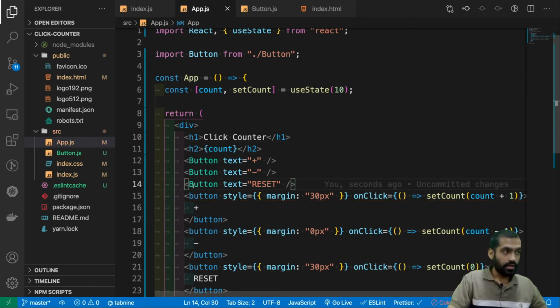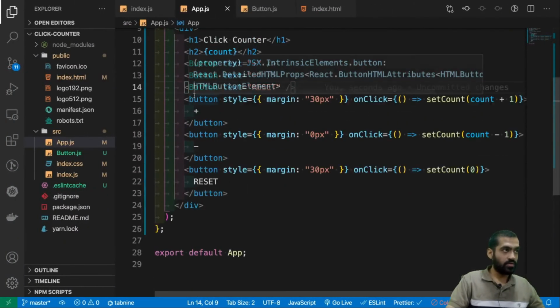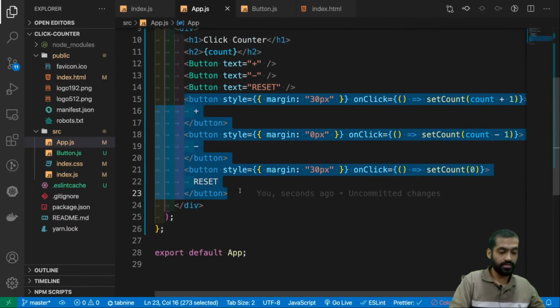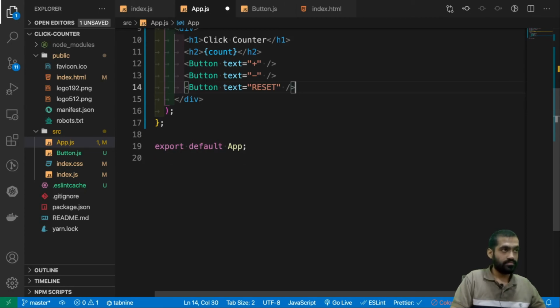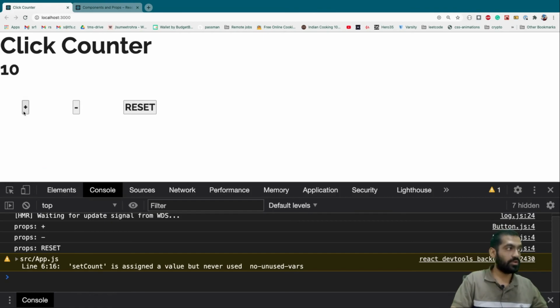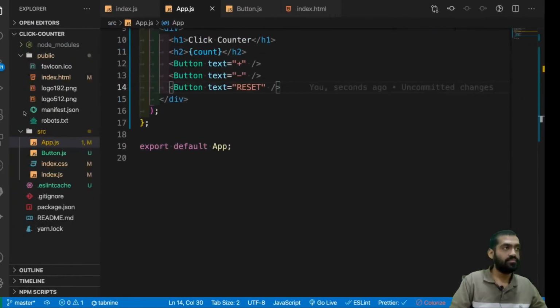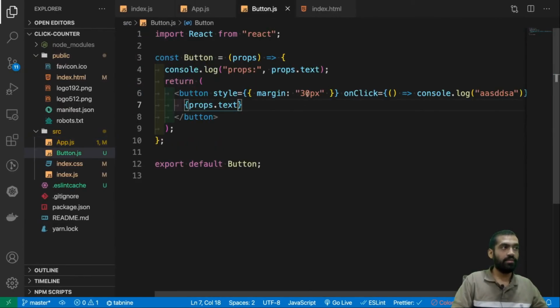Mind you, any component should start with a capital letter. Remember this always. And we can just get rid of these buttons for now. We will add the functionality. Let's go here and see. We have three buttons. Do we have a margin on these buttons? Right, we have a margin of 30.